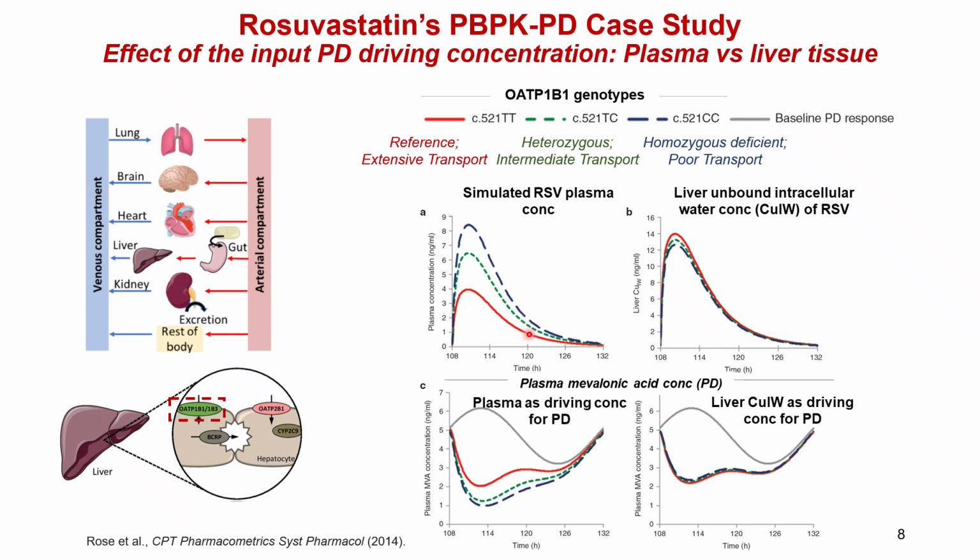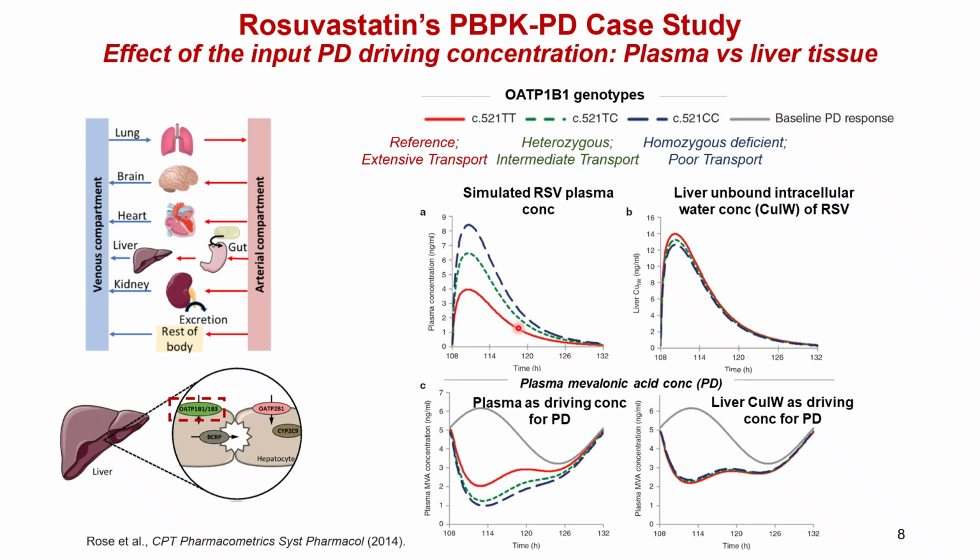The solid red line represents the reference genotype with extensive transport. The dotted green line represents the heterozygous condition, intermediate transport, and the blue dotted line represents the homozygous deficient or poor transporter activity. So basically, with the extensive transporter activity and more clearance, we have less rosuvastatin